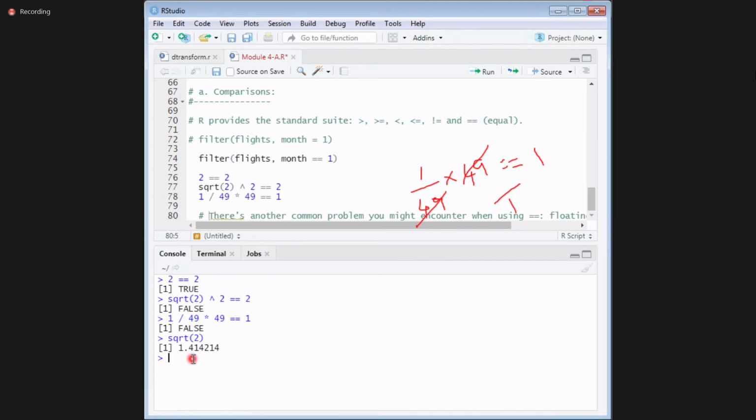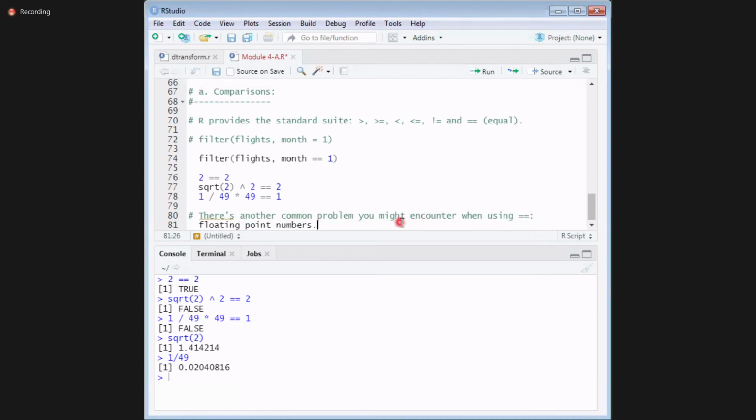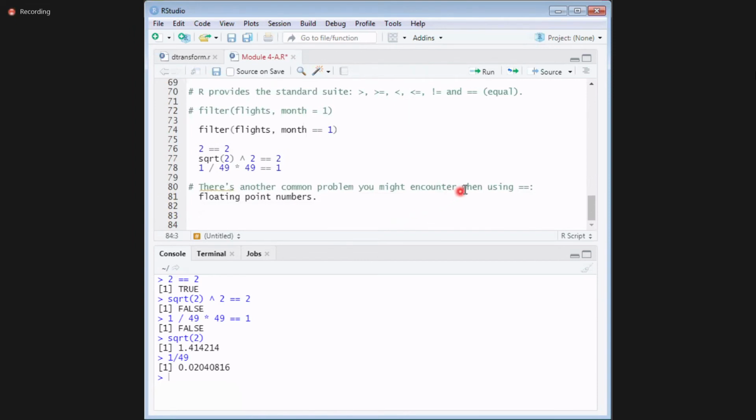And here also, it first does 1 divided by 49. It will give some value. For that, again it will multiply with 49. That is different, so not equal, not true. So this is a problem you generally encounter.